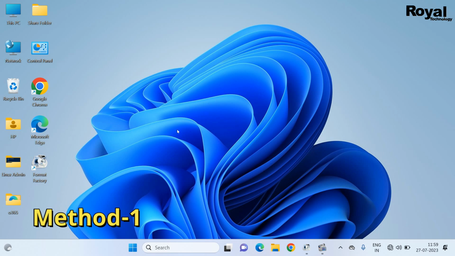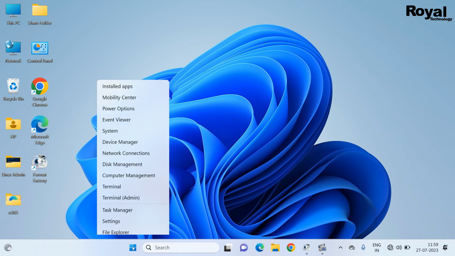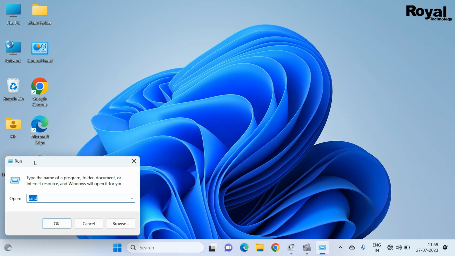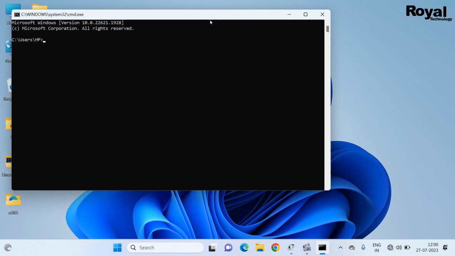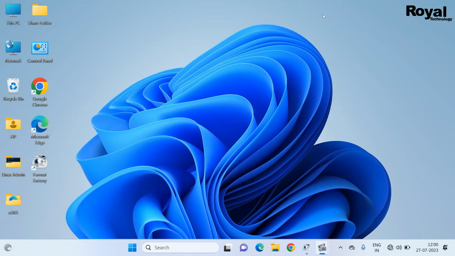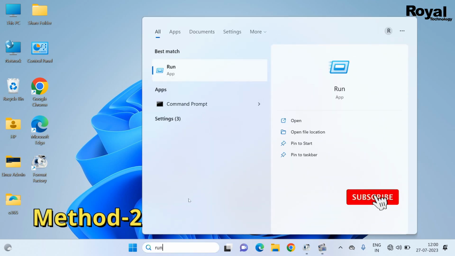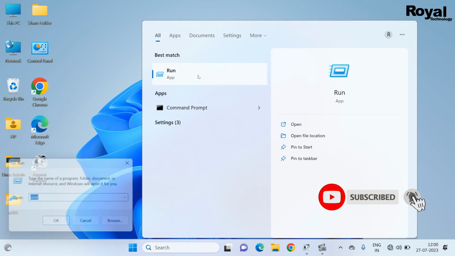So this is the first method. Right click on Start menu. Now click on Run. It will open the Run. From here we can run any command, just like CMD, and OK. It is working fine. So now second method, click here and search Run, and from here also you can open